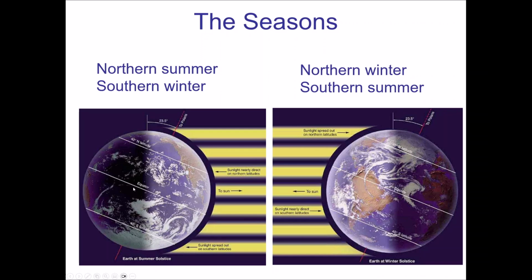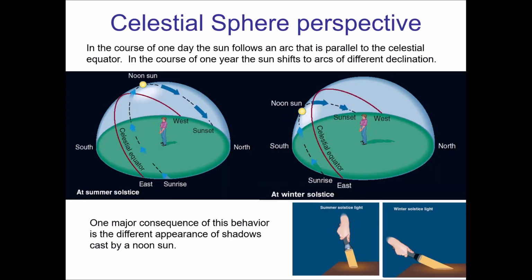You see the equator here? That line would extend down and to the right, and so the sun's position is above it, but here the sun's position is below it. So over the course of the year, it can vary above and below the celestial equator, and the variation is the Earth's tilt, 23.5 degrees above and 23.5 degrees below. All right, so let's try to visualize that from another perspective.